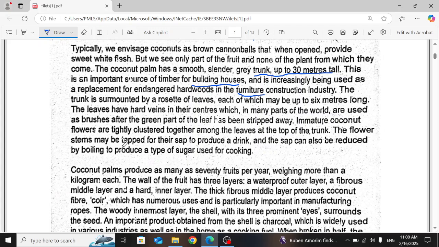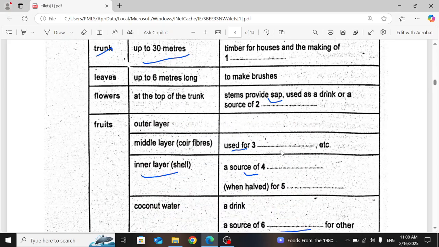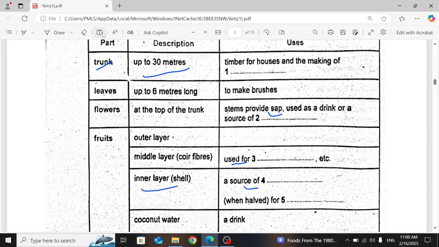The flower stems may be tapped for their sap to produce a drink, and the sap can also be reduced by boiling to produce a type of sugar. Now we went through the question that stated where sap is used. So sap is used to produce a drink and a type of sugar. So let's write the answer to these questions first so that we may not forget them. So the answer to the first question is